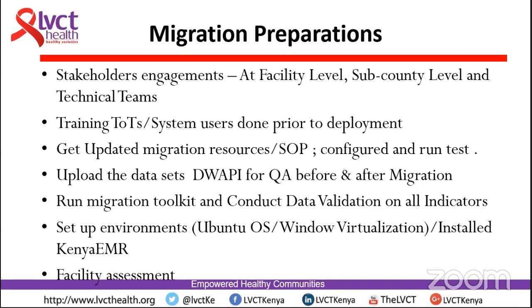And then again, it's also very important for them to upload the datasets for the DWAPI QA before and after migration. And then it's also very important for them to run the migration toolkit and conduct some data verifications and data validations on all the indicators. And then it's also good for you to ensure that you have set up a good environment, whether you want to do Windows virtualization using Docker, or whether you want to install Ubuntu as a standalone for that server. Then it's also good to first of all ensure that you have all the hardware that you will need for you to install this